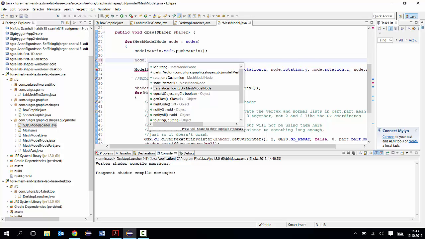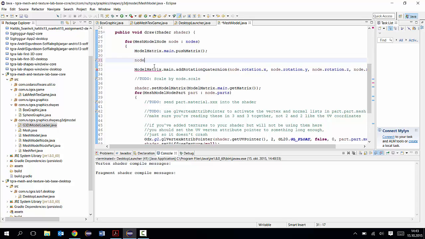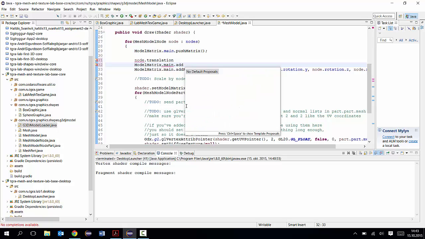So if we want to draw many of these models, we can translate them to different places, rotate them. But then while we're drawing the model, we also have to rotate and translate and scale to the different parts of the model. So while drawing this model, we want to translate to the translation. So we're going to have to do model matrix dot main dot add